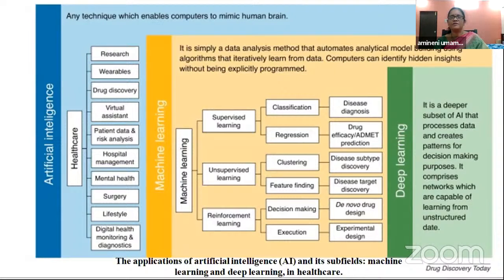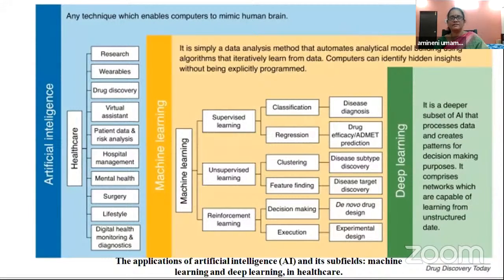Here we are not having structured data. If we have unstructured data, then we go for deep learning algorithms. The first one, supervised learning, is mainly done with machine learning algorithms. These two are one and the same, but if unstructured data is present, we go for deep learning, and deep learning is more accurate than machine learning. Like that, we can cluster and give the subtypes, whether it is luminal A, luminal B, and so on for different cancers.